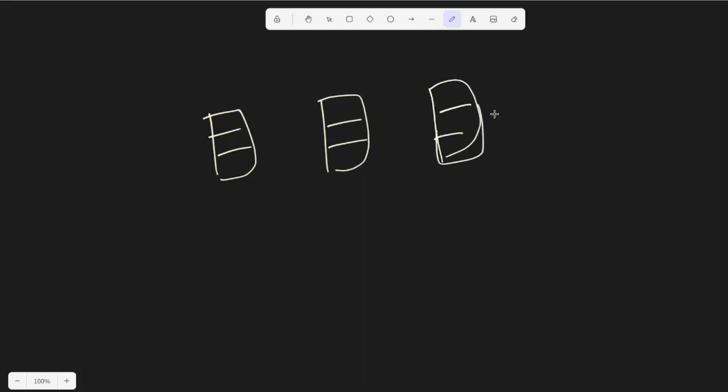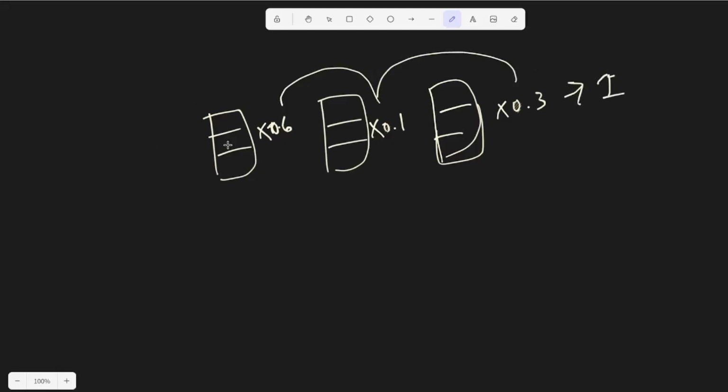So we're going to take 3 value vectors and multiply them with 0.6, 0.1, and 0.3. Remember how these 3 add up to 1, and then what we're doing is we're taking,